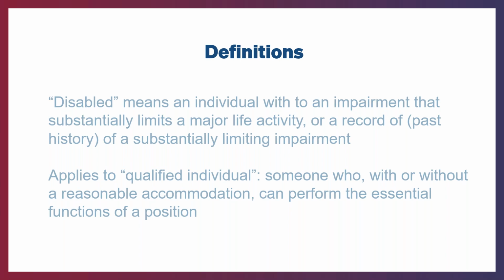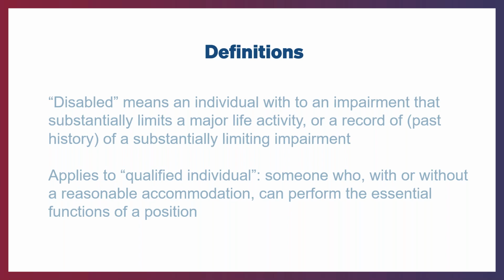They have a past history of a disability. They're in remission. They don't currently have cancer. If they have to take time off to go have a follow-up appointment, to go have a scan to make sure that the cancer hasn't come back, a reasonable accommodation would be to give that person time off for those appointments. So that person would qualify as a disabled individual. And of course, you couldn't discriminate based on the record of the past history.